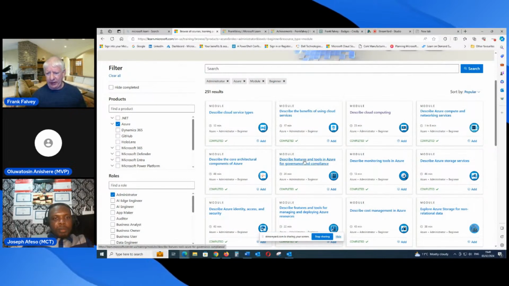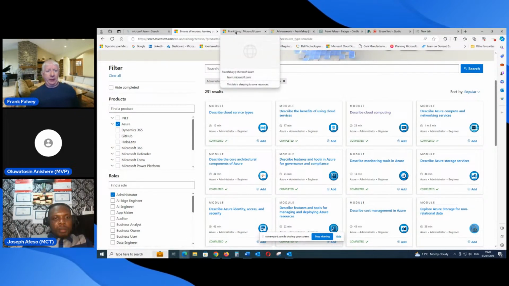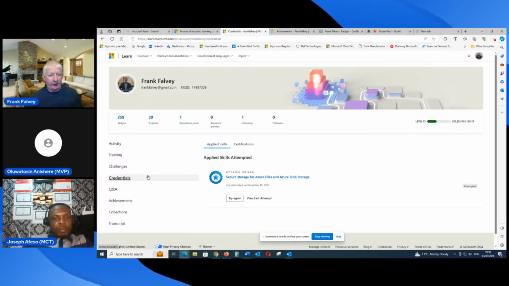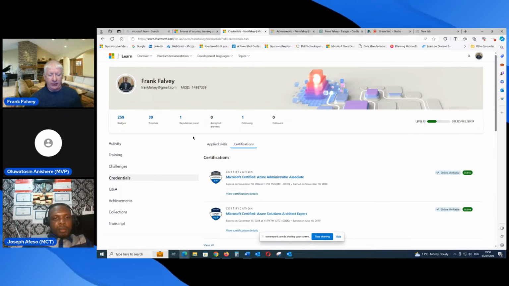Another good thing about Microsoft Learn is that if you do any certifications, they keep them on their platform here. So I'm just going to go into this one here, credentials, and you will just see the 2 of them there. Okay, so certifications.